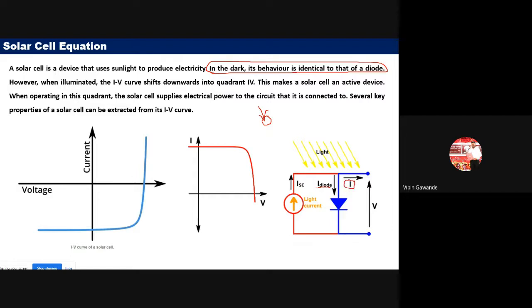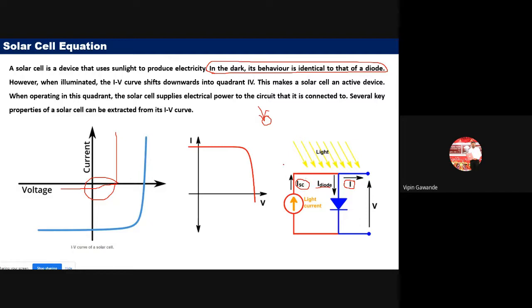Now when the IV characteristic of this blue part is drawn, it shows this type of IV characteristic. This region is very small in the case of a regular diode operating in the dark. Now when it is illuminated, this IV characteristic shifts down, which is required for the generation of maximum power. And one extra parameter is added into the circuit, that is called the short circuit current.